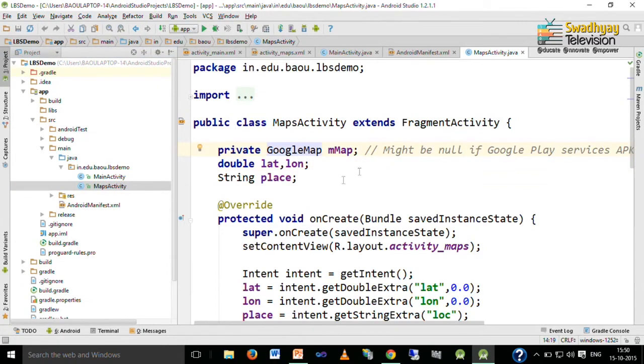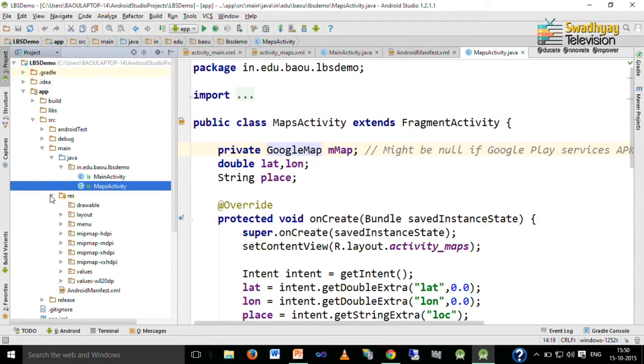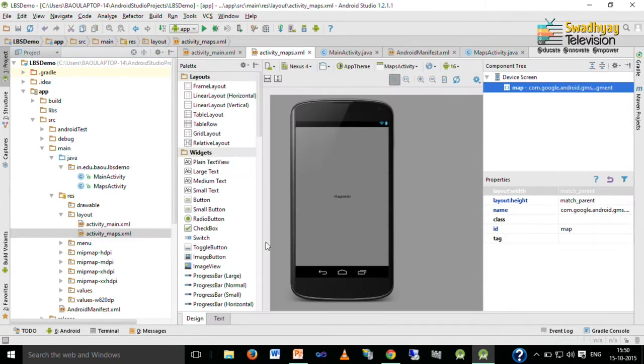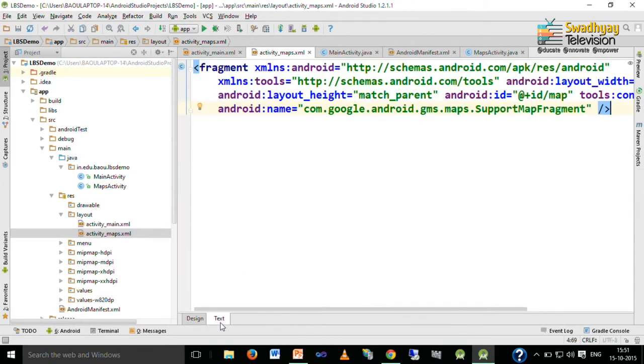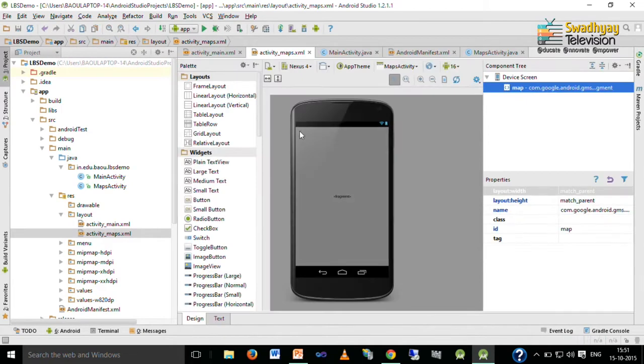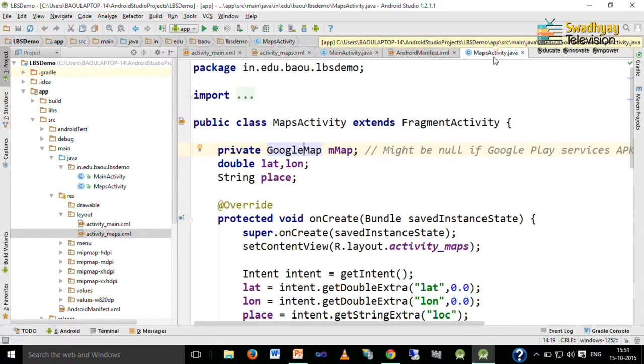Here you can see MapsActivity, and it also adds one layout file for you, which is the activity_maps.xml file. Here there is only one control, map, of type fragment, and if you look at its text, you can see it is a fragment. This layout file is automatically created for you, and this activity file is also created for you by Android Studio.